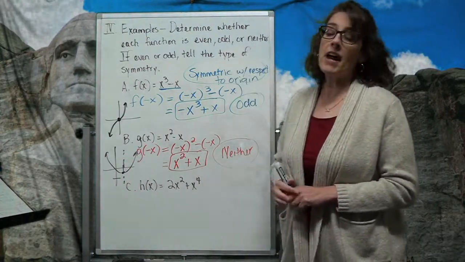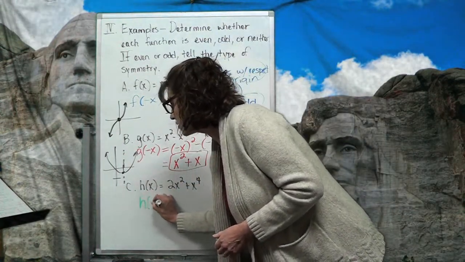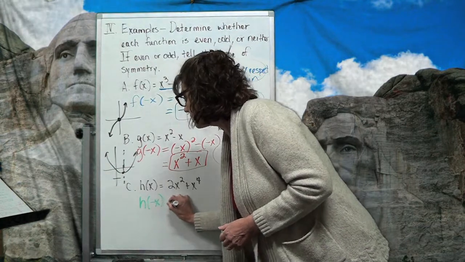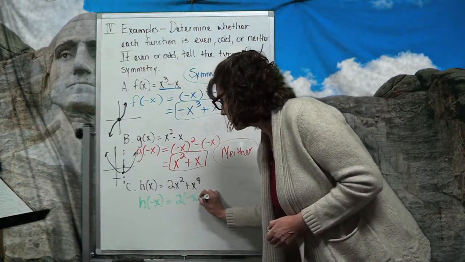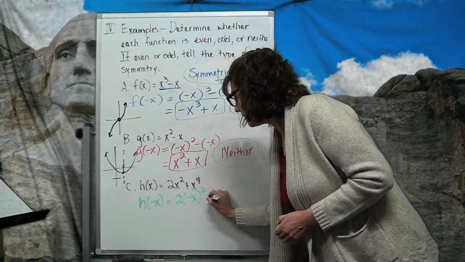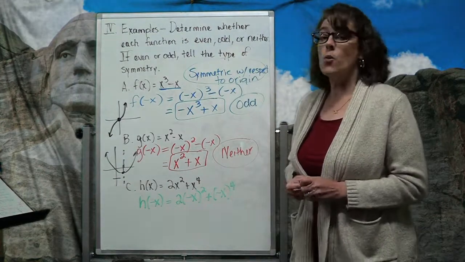All right, now the last one. Once again, to find out if it's even, odd, or neither, take my function, my h of x, put a negative x in its place. And so what I'm going to do now is put my negative x in here, and then I'm going to square it. Put my negative x in here, and then do the fourth power. And so once again,